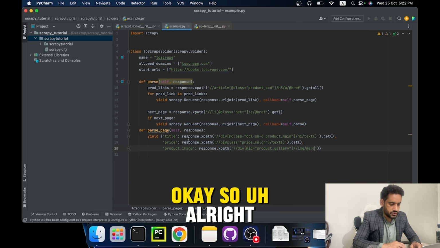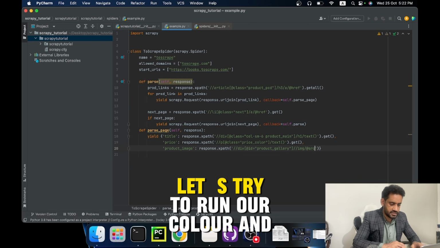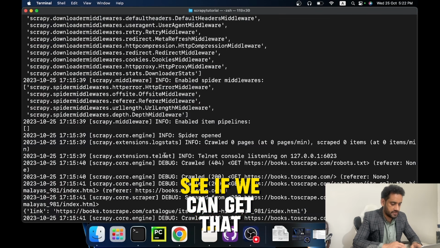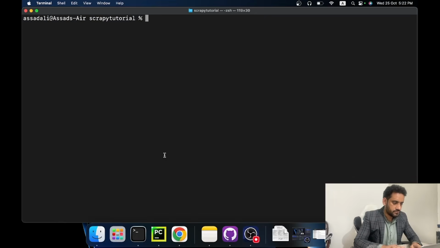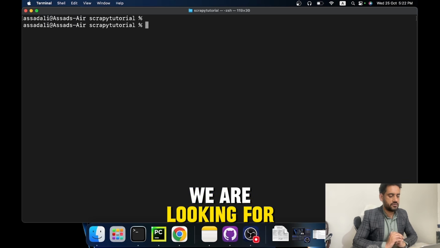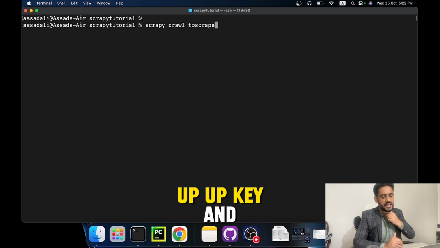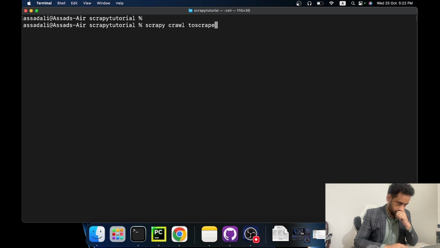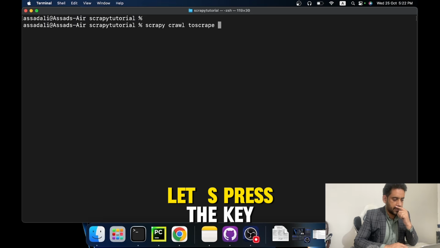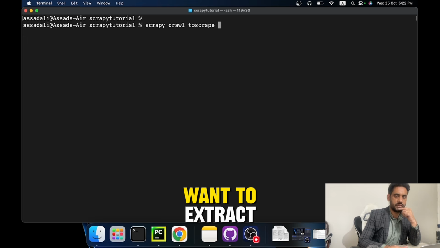Okay, all right, now that we have title, price, and product image, let's try to run our crawler and see if we can extract the details that we are looking for. Now let's press the up key, and now if you look here, if you want to extract the scraped data to